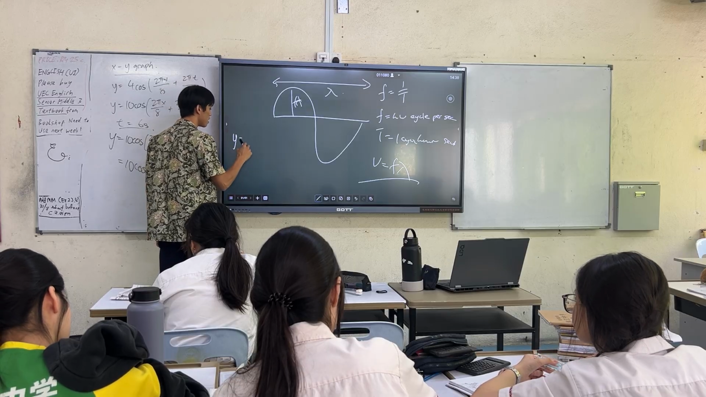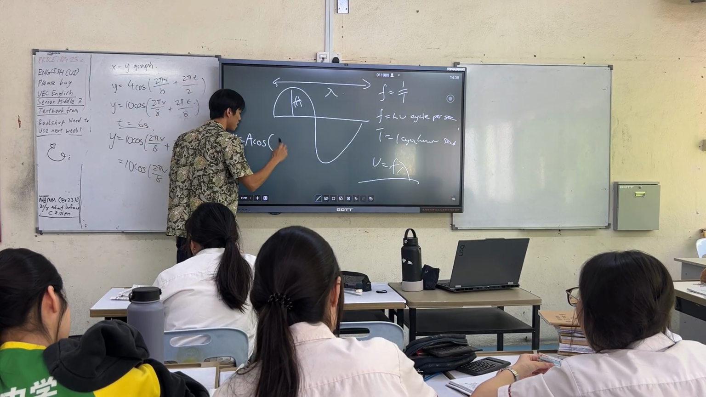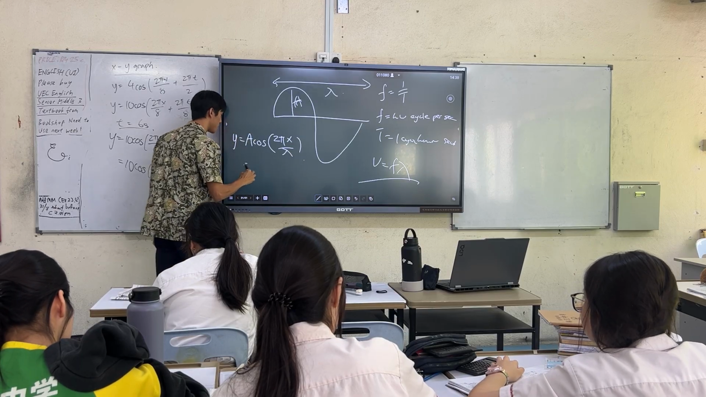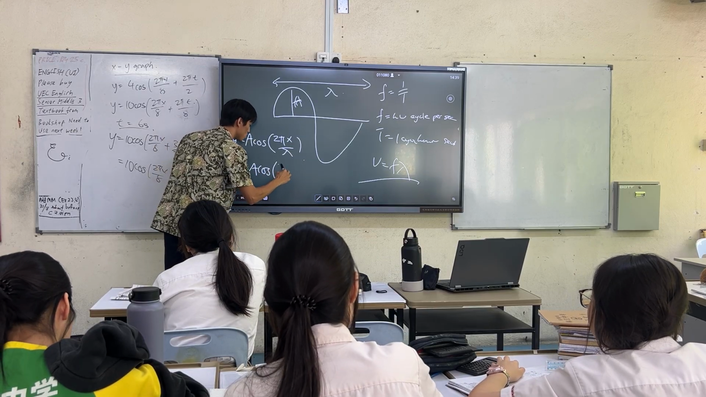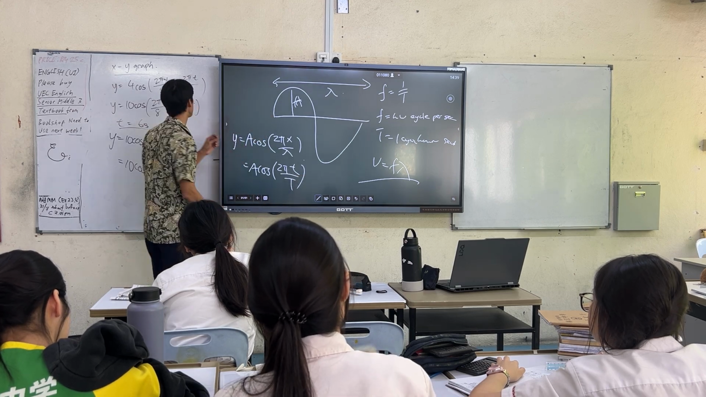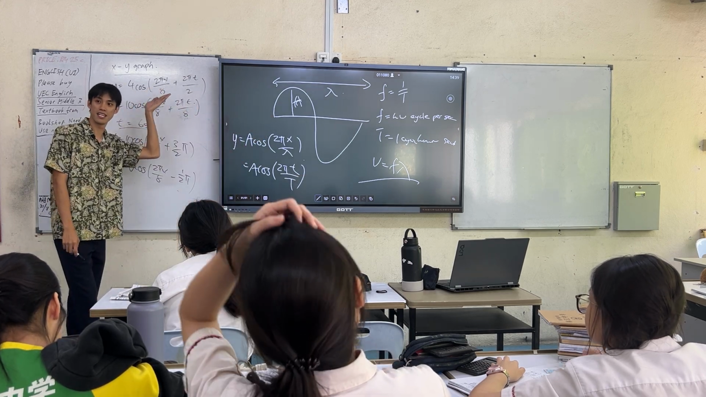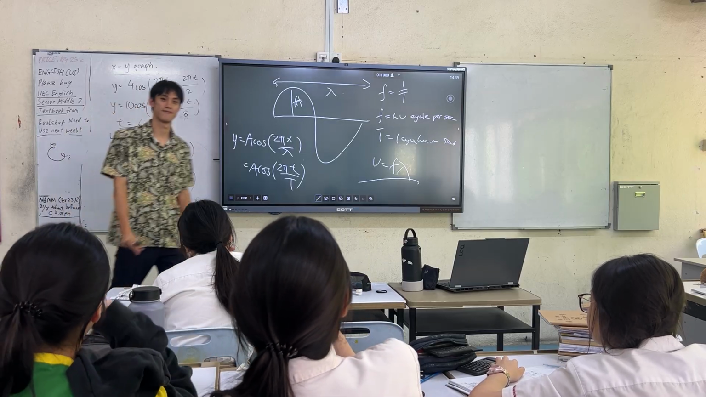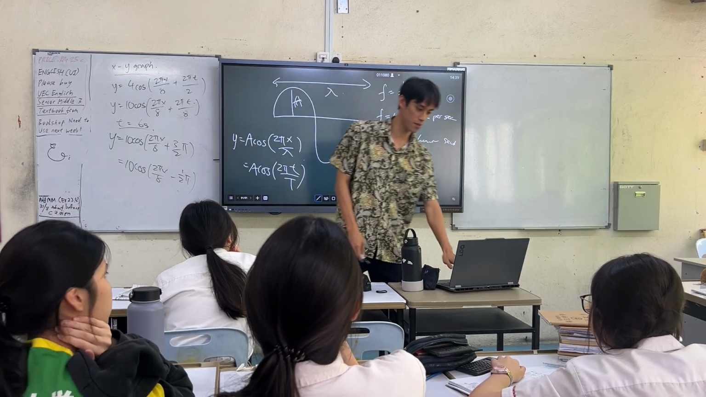Okay, y equals A cos 2 pi x over lambda, and another one is A cos 2 pi t over period. Okay, and combination of those will be just like this. Okay, and how the graph will look like. Is it okay? Okay, 大家呗。今天到这边了我会去。